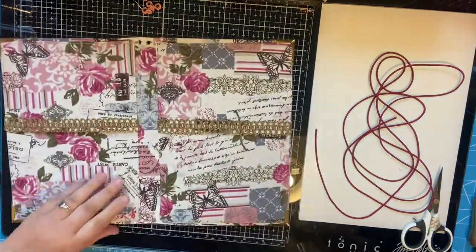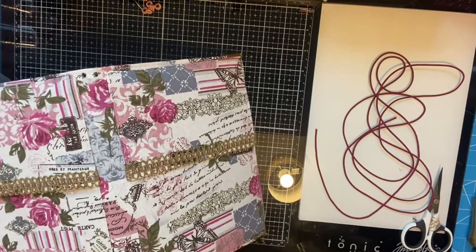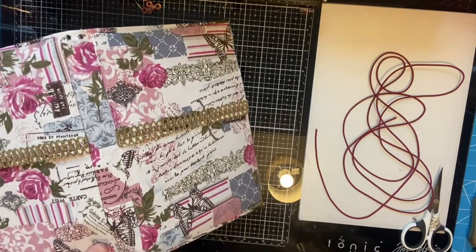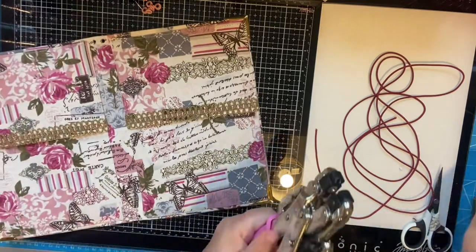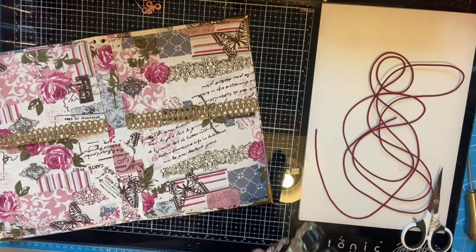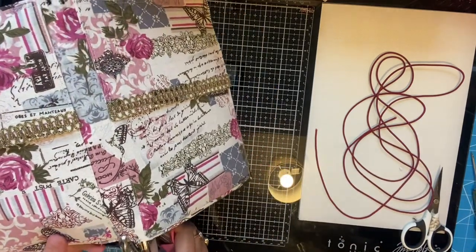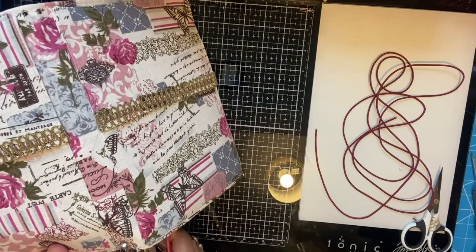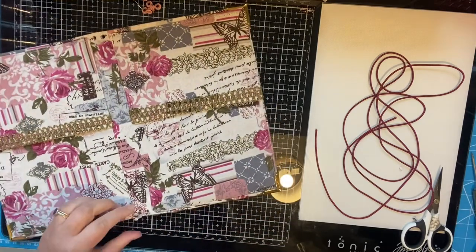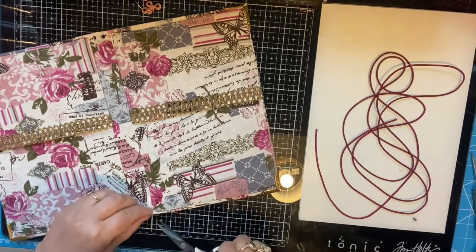Just flip that over, and once again make sure I've got my pencil mark, and there's the second one. There we go. So those are my holes. That one's gone a bit messy here, so again just cut that off,